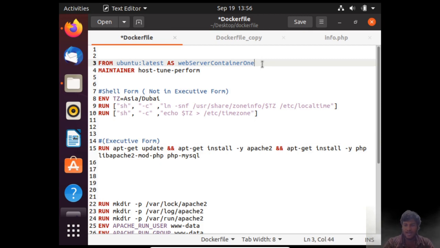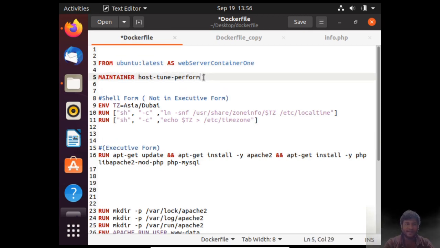And let us start with something which is maintainer. So maintainer is a statement which is given in the Dockerfile which says that this particular image is being maintained by this company. So you can have any kind of string which contains special characters, anything. This is just the name which has been given to the maintainer of the image, nothing else.